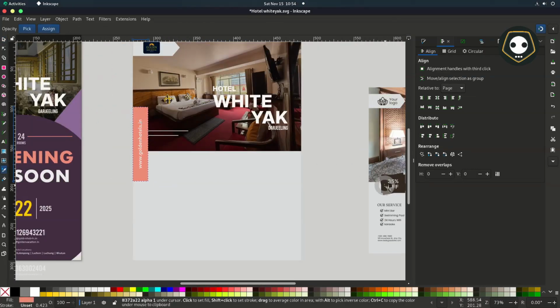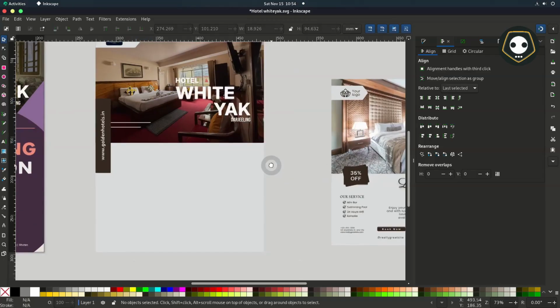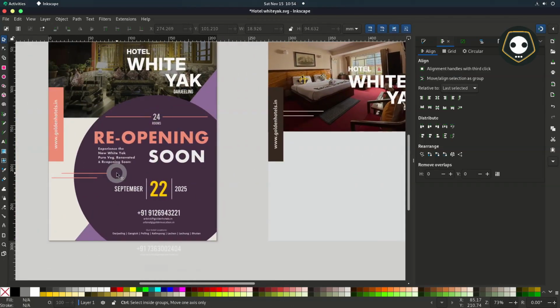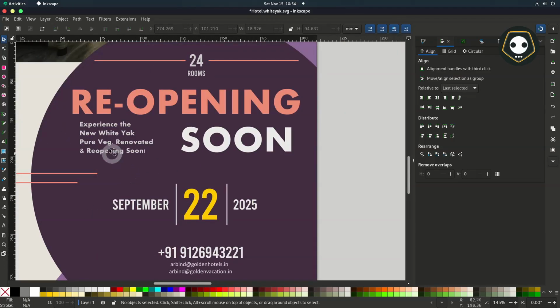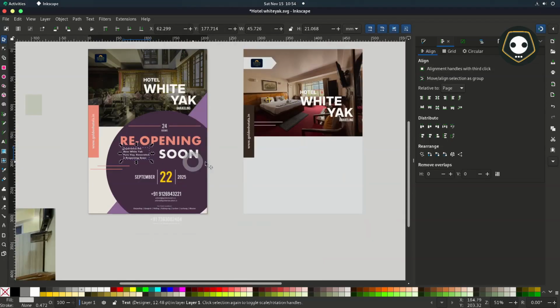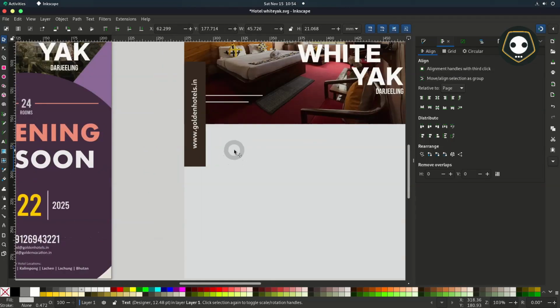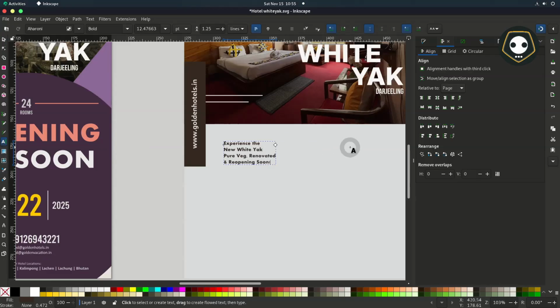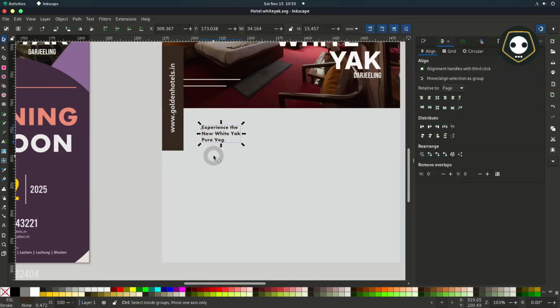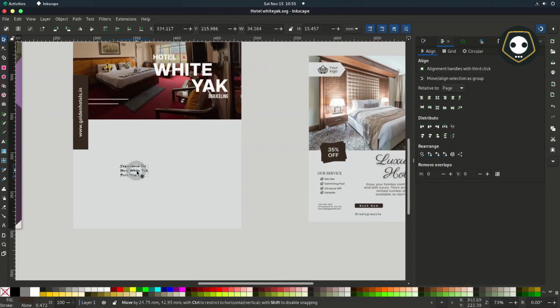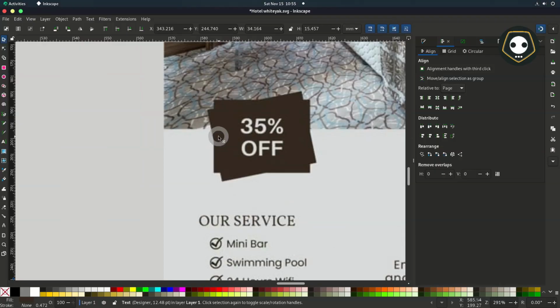Duplicate here and paste it here, and change the color to dark chocolate. This is a chocolate color, and this is a quotation. I want to duplicate it and copy it in here and change this color. Okay, change the color to deep pure base, and okay, this is enough for now. And now I want to draw this one.